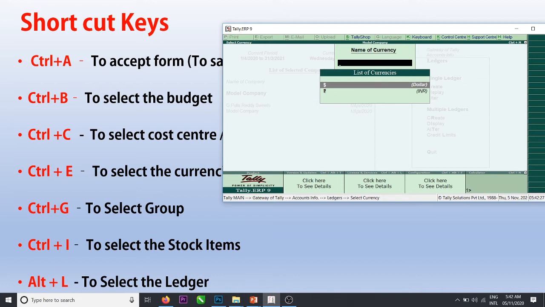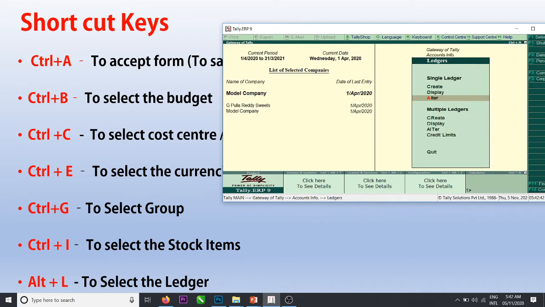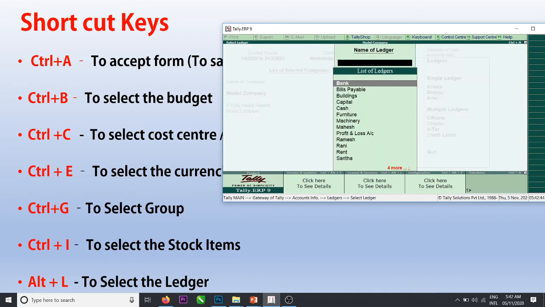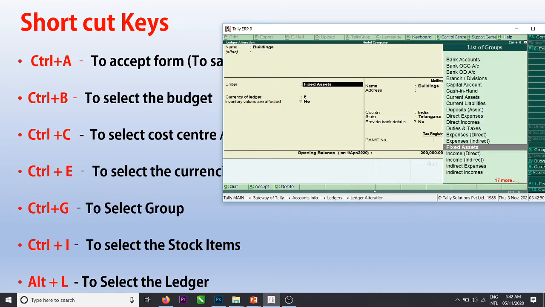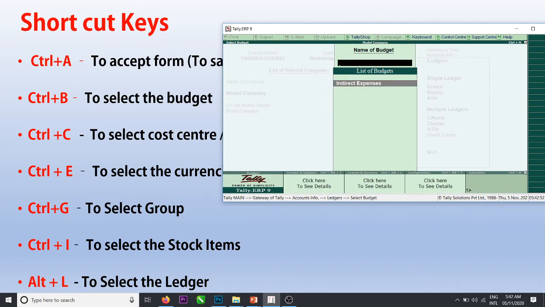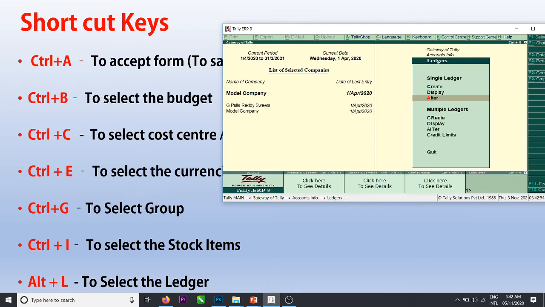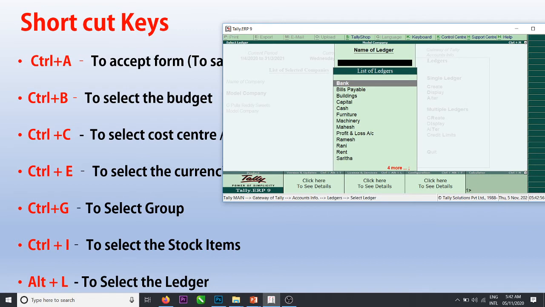Here I created one more currency. Usually when I am creating the company, my currency is rupee, but I created the currency dollar. Okay. So I can set further billings. Control B, budgets, Control E for currencies. Okay.